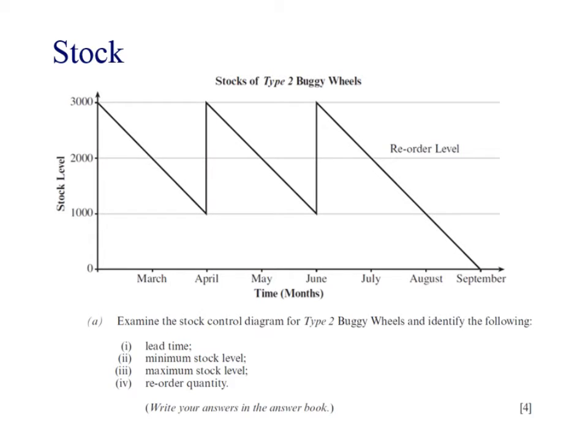The reorder quantity is 2,000 there, not because the reorder level is at 2,000, but this is the amount that they have reordered, not the point at which they reorder. So the difference between that and that is 2,000, so reorder quantity is 2,000. Okay then,